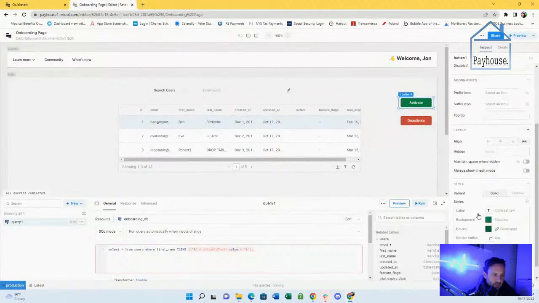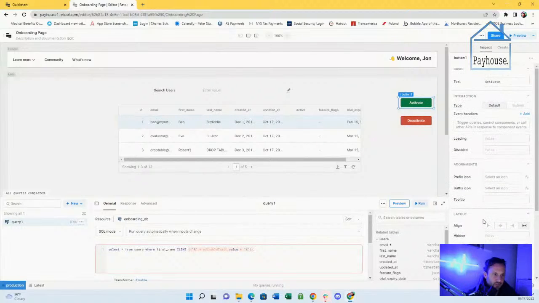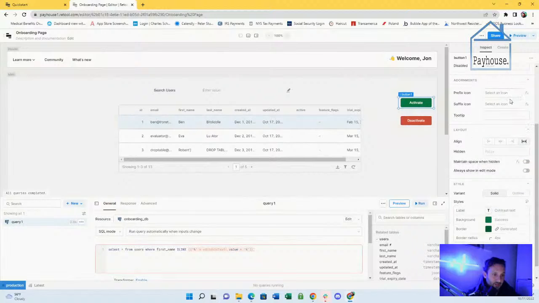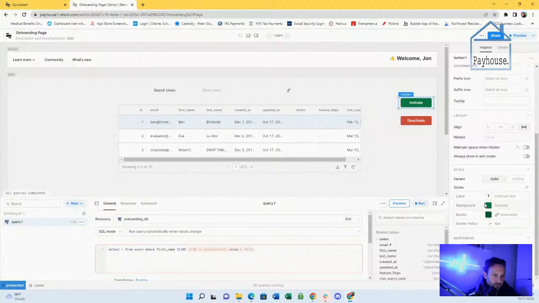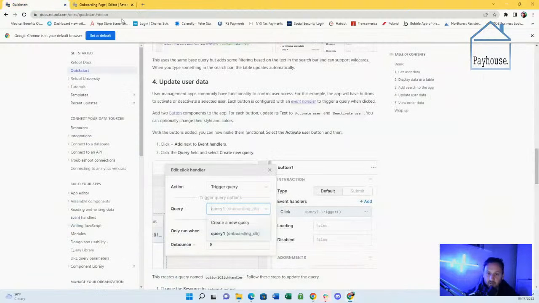I don't see the options for changing the text style, though. I don't know if that's just in another spot, or do you have to write custom code in order to change that stuff? I don't know. I see some toggles here for show on desktop, show on mobile. I'm not sure how to do that. Let's stick to the script here. I don't want to veer off too much. I want to just deal with what's in this quick start here.